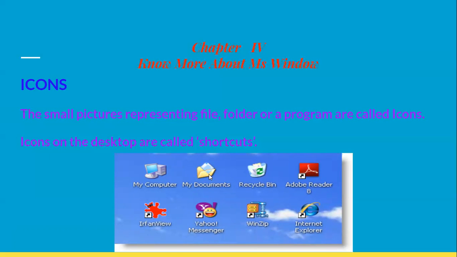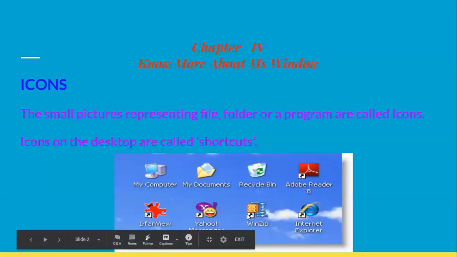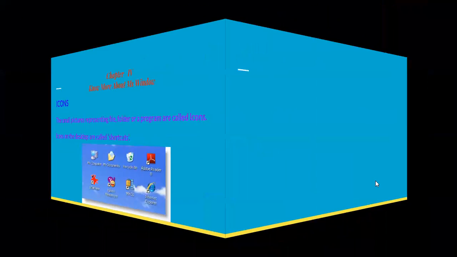All my documents, all your documents are there. If you want to open the recycle bin, you double click here. The recycle bin will open. Clear? You can double click on any icon and that particular file or folder will open. Now we will study one by one about different icons.